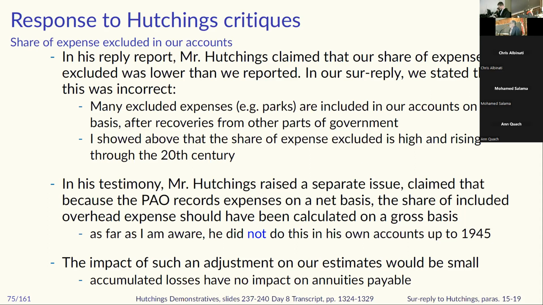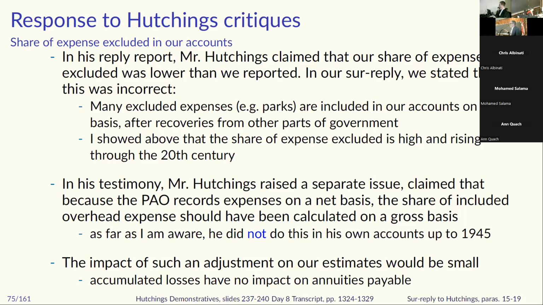So on slide 75, we're beginning to take up these specific issues raised by Mr. Hutchings, which I need to respond to. So that's what I'll start to do. In his reply report, Mr. Hutchings raised an issue about rather than one specific point. He was trying to make the general point that the share of expenses of the resource ministries that we excluded, he seemed to be claiming it was lower than we reported it to be. And that statement